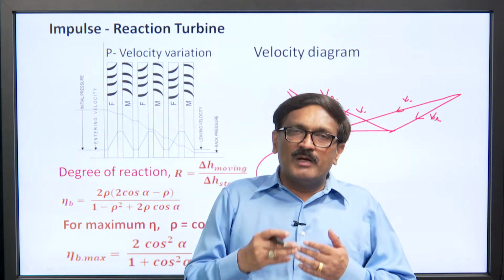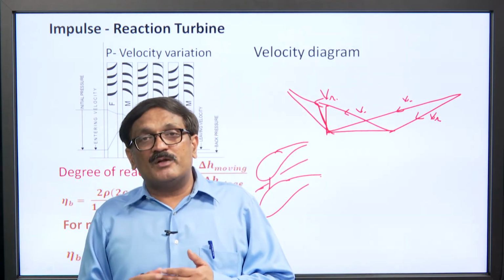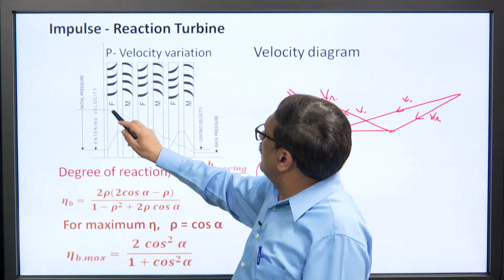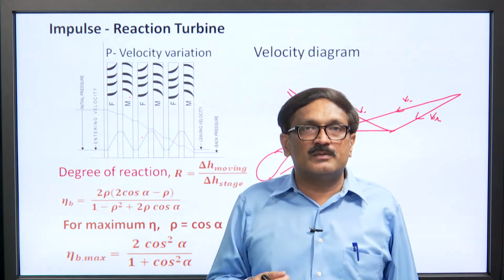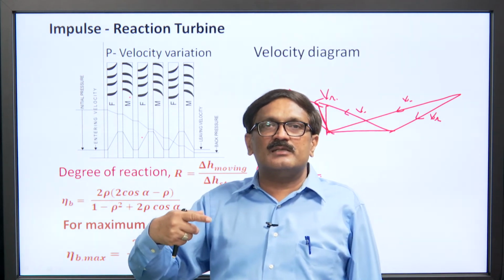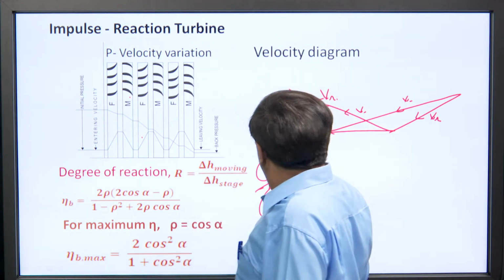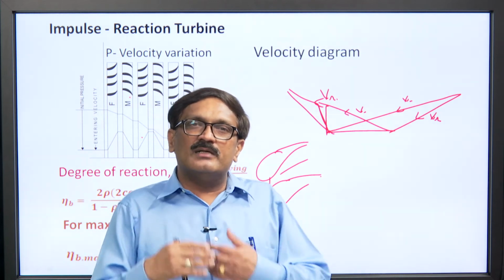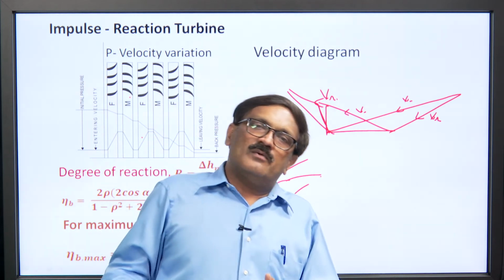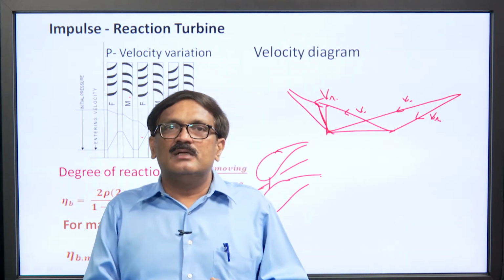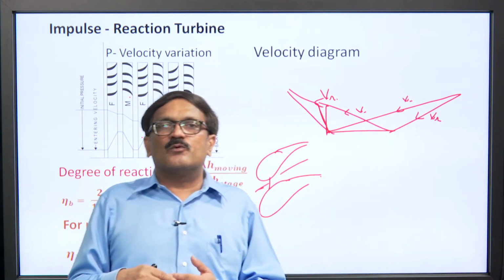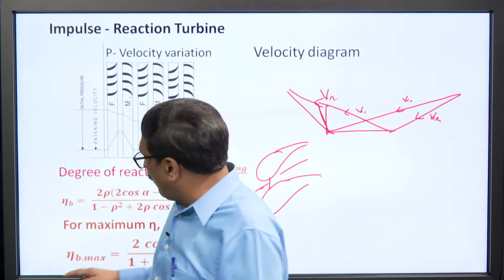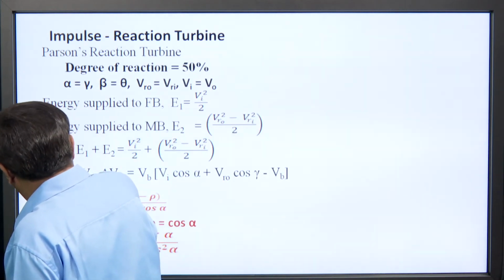Because it is a moving blade, again what is happening? In the fixed blade there is a certain part of the pressure drop and energy transfer, but again in the moving blade also pressure drop is taking place. So, the moving blade can be considered as a moving nozzle itself. The pressure drop will produce kinetic energy, and it will produce a force in the opposite direction to the increase in kinetic energy. That reaction force is added to the impulse force and applied on the turbine blade, and it is responsible for the production of the work output.